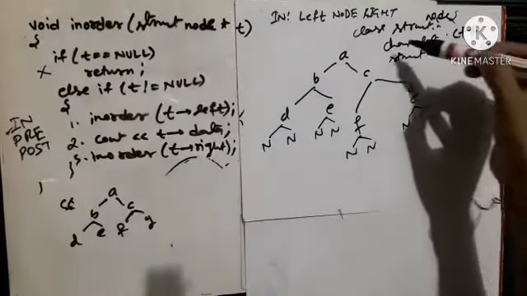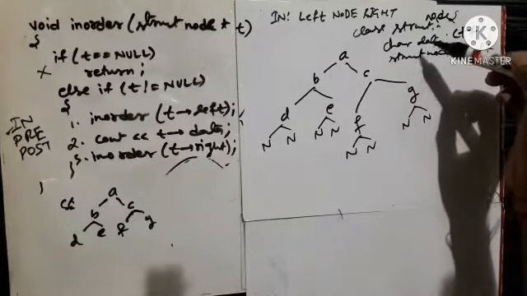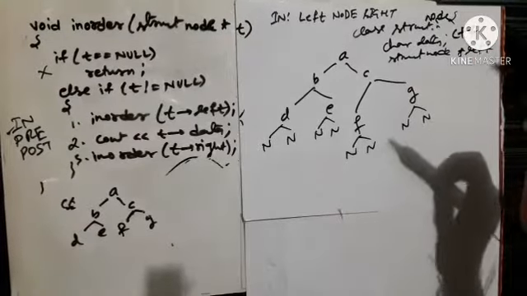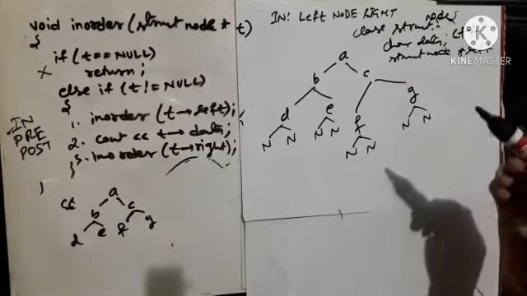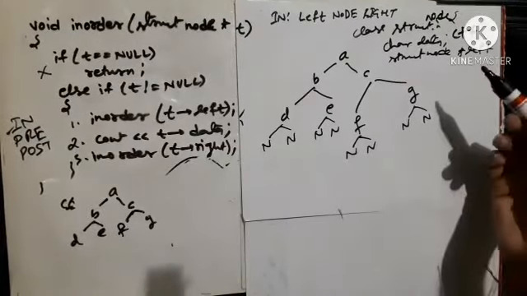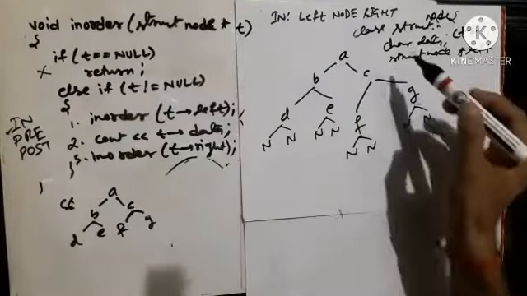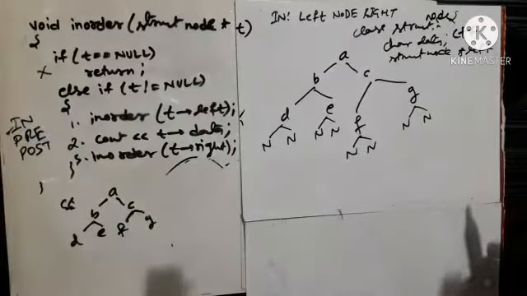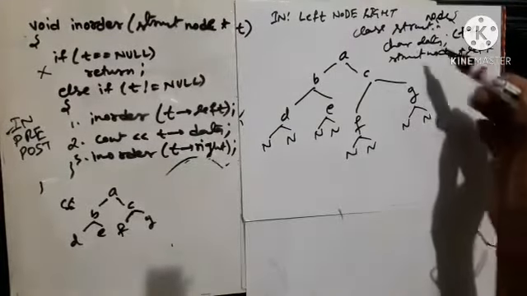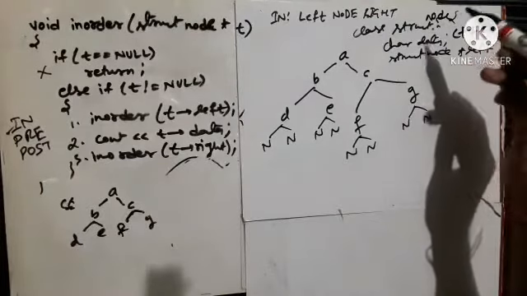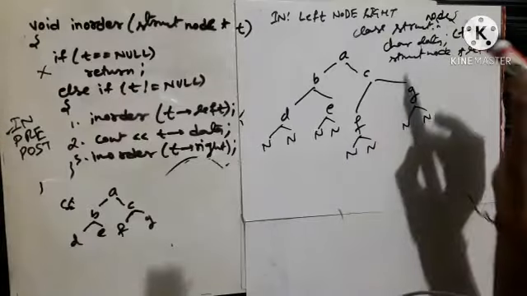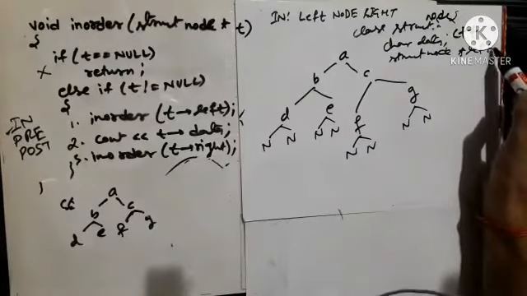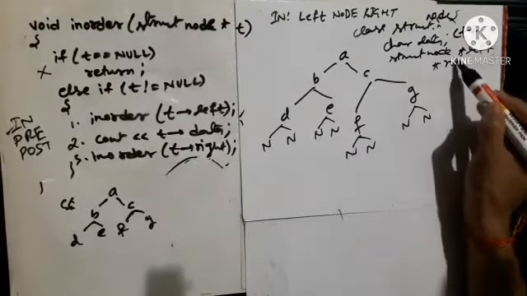Basically in C, if suppose I am using a mixture of two data types, different data types, then I have to use a different class. In C++ I have to use class, and in C I have to use structure, struct node, anything else that is a name given to it. So I've created a class with the name struct node, and I have created the pointers left and right.